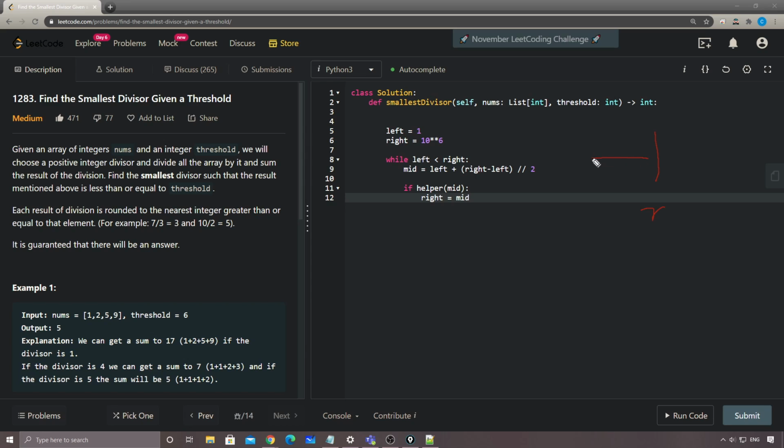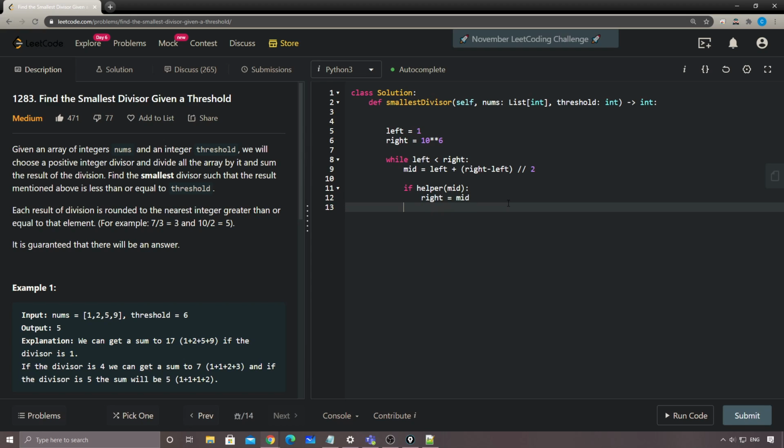pointer to the left as far as possible. That's why we can get the smallest number, right? Same thing for the max number, we do left equals middle, and then we try to push this left pointer to the right as far as possible, right? Yeah. Okay, and